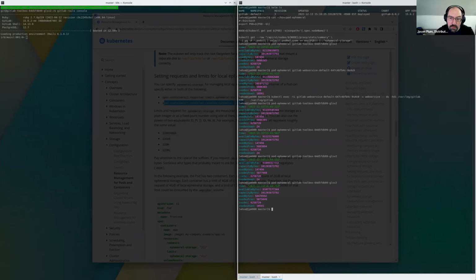Wait, what happened? We finally get to an actual shell, and used bytes went from 147K to 58 megs. All right. So if I do a quit,